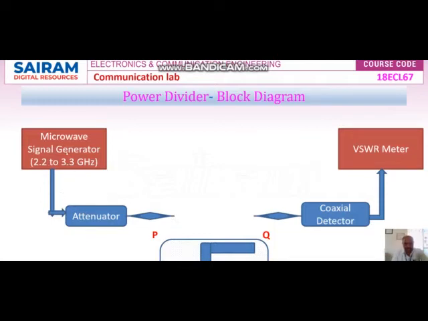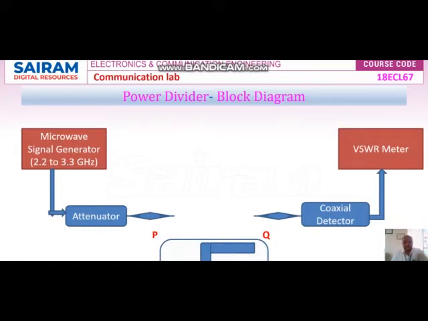So after that, take the signal generator back to 2.3 GHz, remove the direct connection, and insert this power divider between P and Q. Connect P to the input port, that is port 1, connect Q to the output port 2, and terminate the other port. Next, note down the output power at port 2 for the input power at 2.3 GHz. Like that, you can note down the output power at port 2 for the different values of the frequency up to 2.8 GHz.